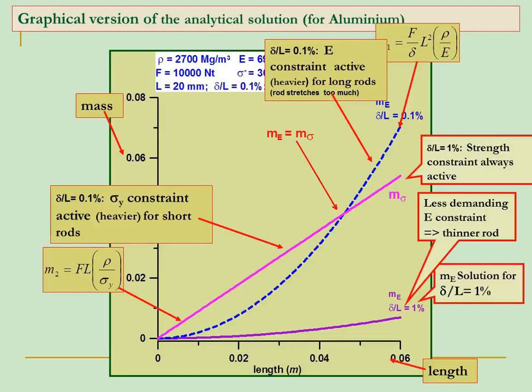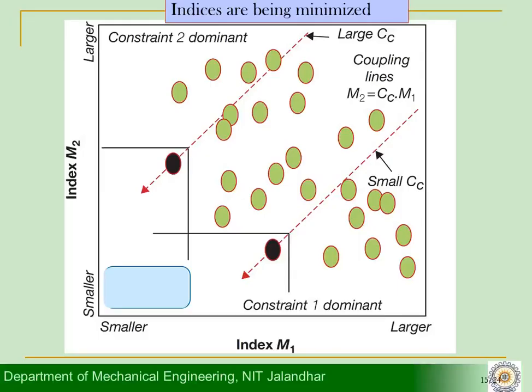I am continuing with the same example and looking at it in a more realistic and more conceptual way, to see what the meaning of that example is. Let's look at the same problem. The difference here is that instead of plotting the mass values, I am now plotting the index values. So we are plotting the index M2 versus index M1, and this has to be remembered always, that